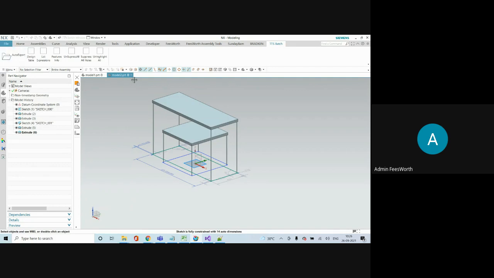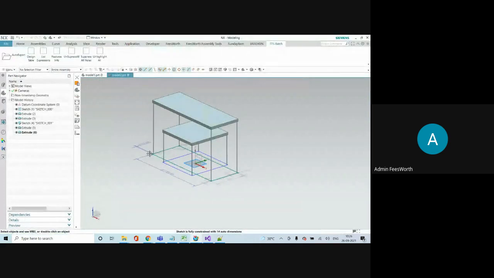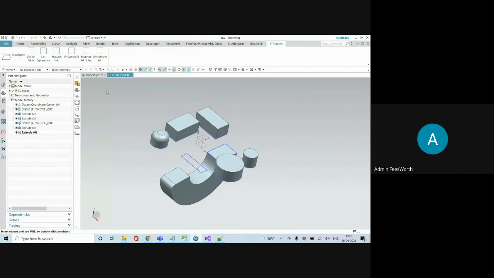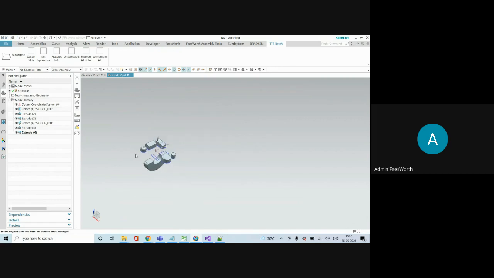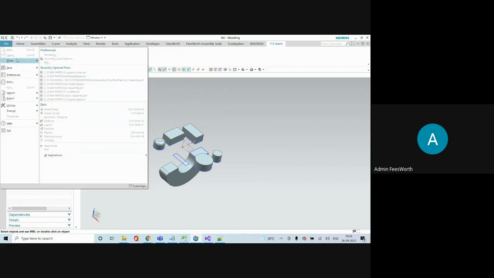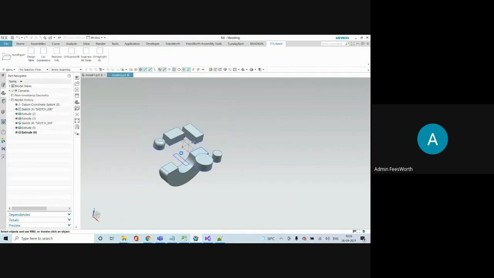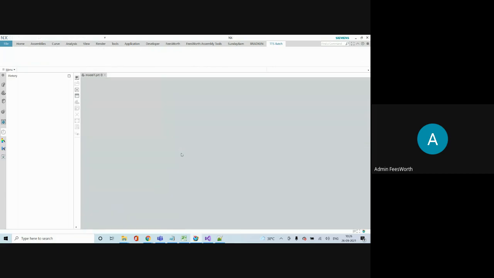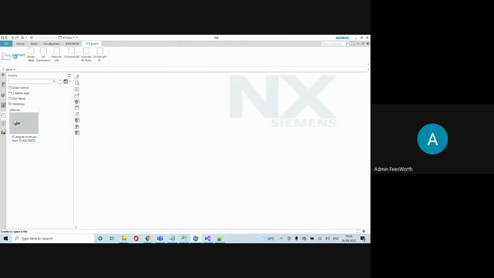Okay, I'll close this. For example, suppose I click auto export.